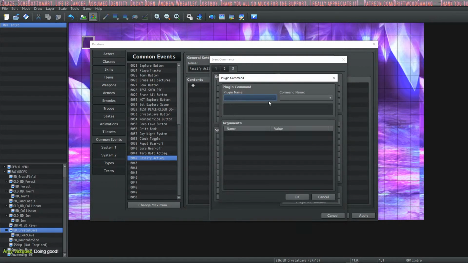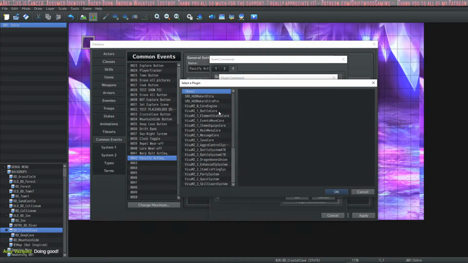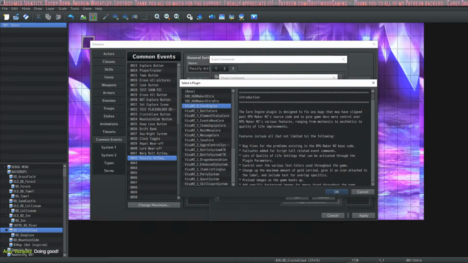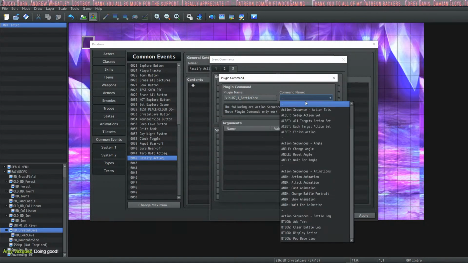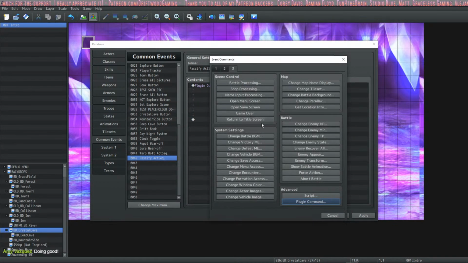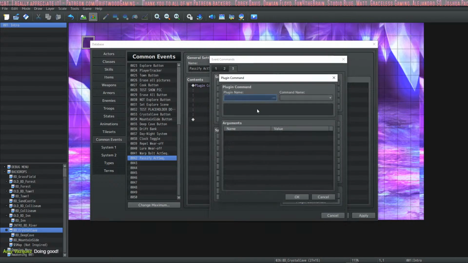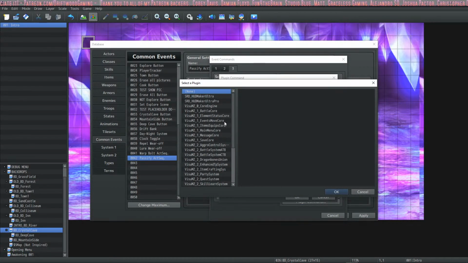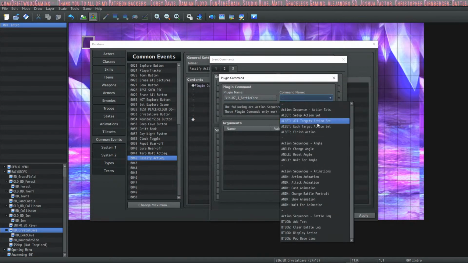Oh, I love MZ so much for this. Battle core. We're going to do a setup action. Do all the things for the setup. Good, I didn't have to type any of that. Battle core. Then what we want to do is, I guess, move her to the center of the screen.